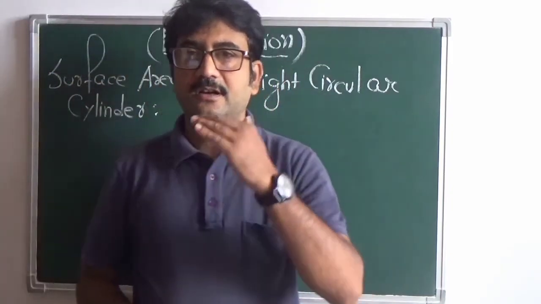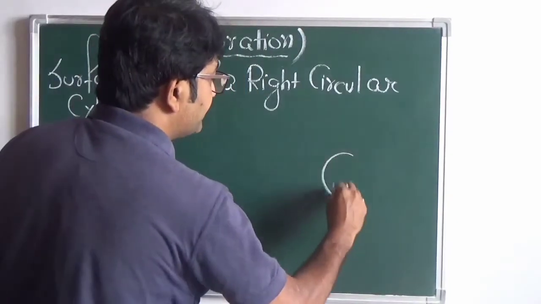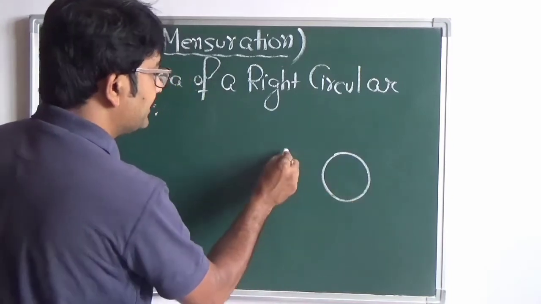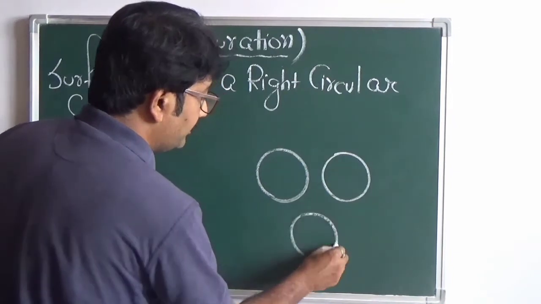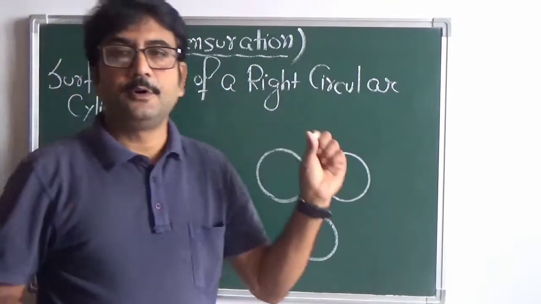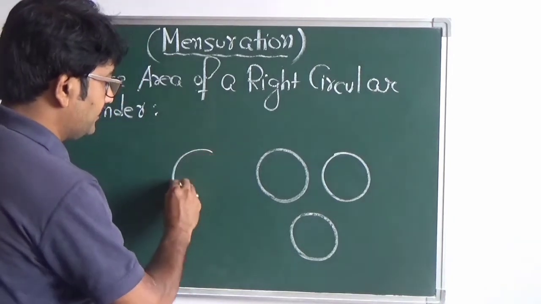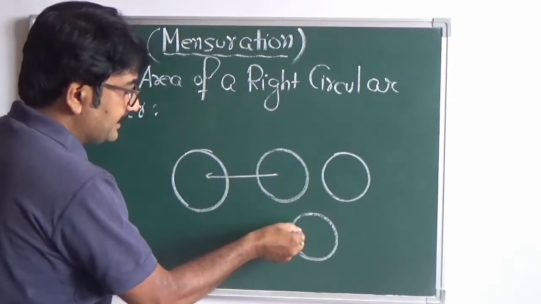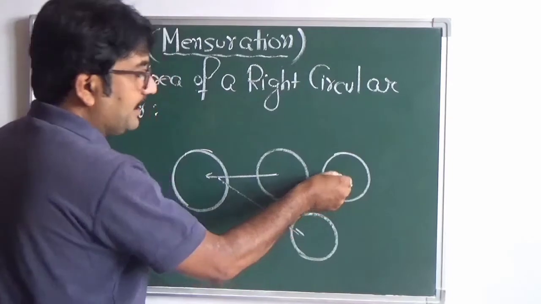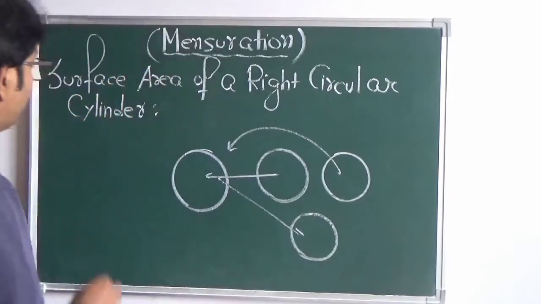Now if we take a number of circular sheet of papers like this, these are round shaped papers of similar shape and size, just like all are congruent to each other. These are smaller circular sheet of papers and we stack them up, means we keep one above the other. So if this is one of those circular sheet of paper, I put this above this, I put this above this, one above the other, we keep on putting. So finally we get a shape like this.